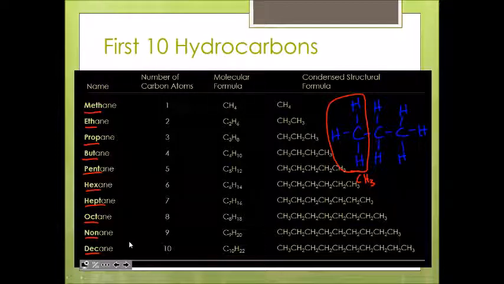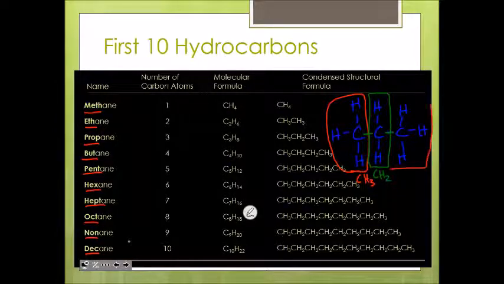Those are usually on the ends. In the middle, though, because it has to attach to 2 carbons in the middle, you're going to find the middle groups are all going to be CH2 groups because they have to attach to the 2 other carbons. And then, of course, this one over here is also on an end, like so. So this is going to be a CH3 group as well. So that's kind of how it looks, and it'll keep going, depending on how many carbons are in there.